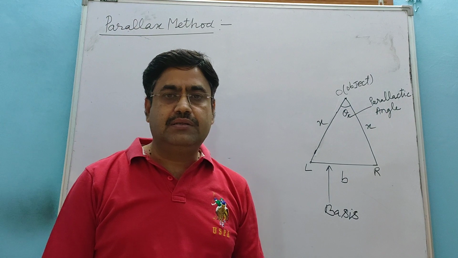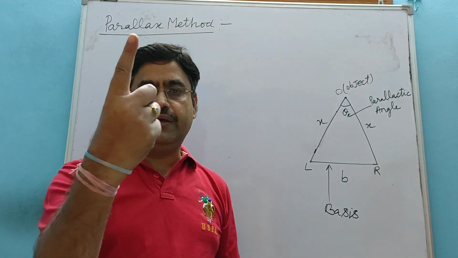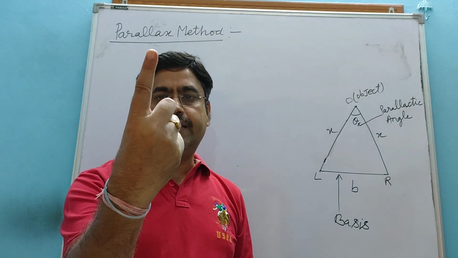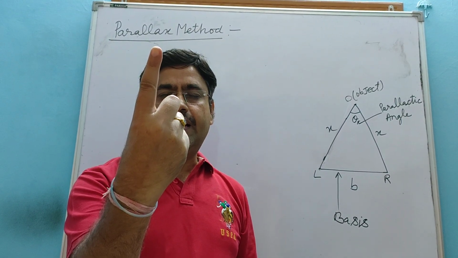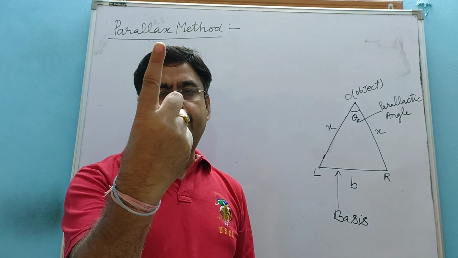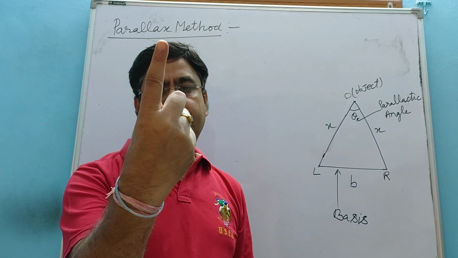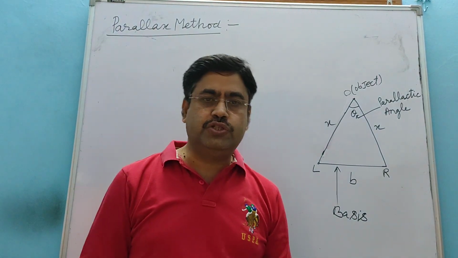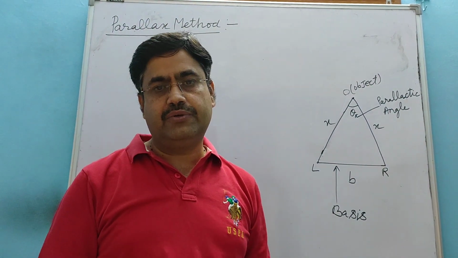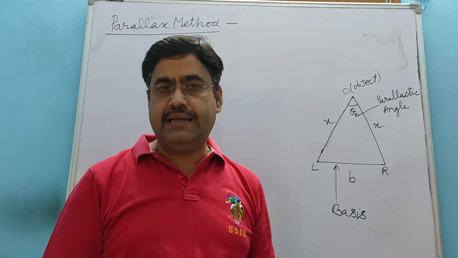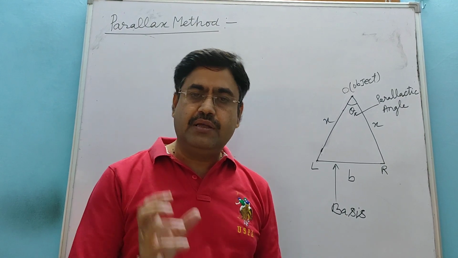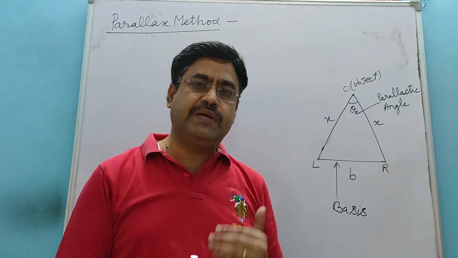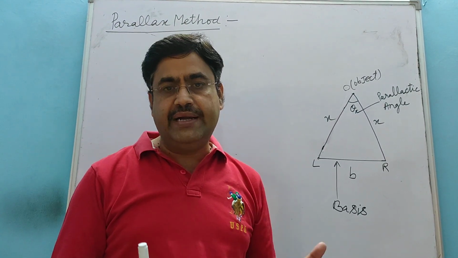For example, suppose I put my finger in front and first I see from the right eye closing the left eye, and then I see from the left eye closing the right eye. What do I find? I find there is a change in position of the finger with respect to the background. This phenomenon is called parallax. Clear to everybody? Parallax means change in position of the object with respect to the background when it is seen from